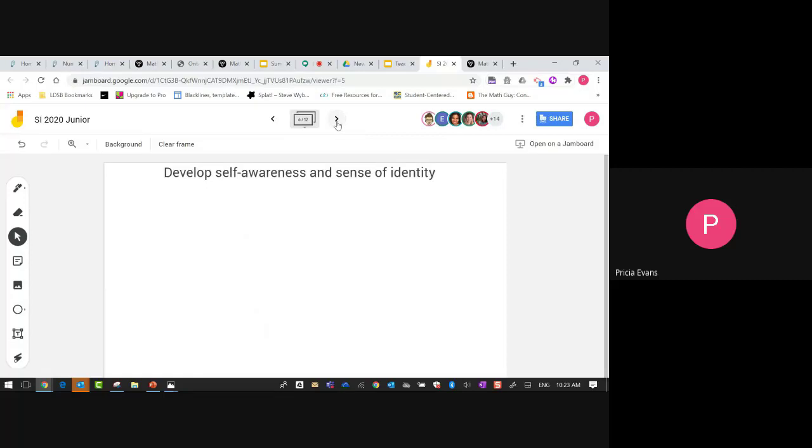And I just want to go to the practice box. People also didn't write a lot about developing self-awareness and sense of identity, which is actually really good feedback for us. Maybe that's something that we need to develop as a school board, of what that looks like. I took it as a sense of identity of myself as a math learner, and some things that we're doing in our classroom that would make me feel like I'm a math learner. Maybe those are number talks that we do, and highlighting lots of different learners and thinking in our classrooms. I think everyone kind of struggled with that one in primary as well.